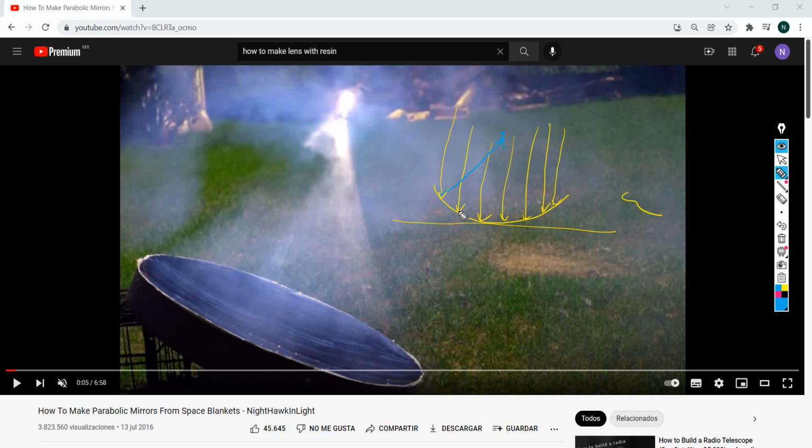It's going to redirect all of those rays of light into a very particular point, which we call the focus,